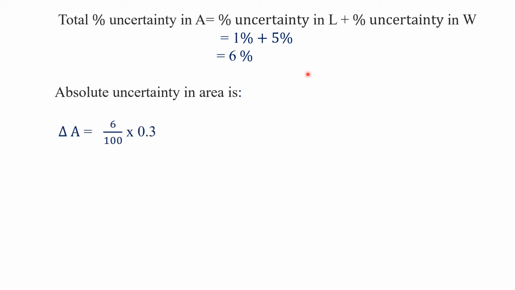Delta A is equal to total percentage uncertainty in area divided by 100 multiplied by measured value in area. Putting values, we get delta A is equal to 6 divided by 100 multiplied by 0.3. By solving, we get delta A is equal to plus minus 0.018 meter square. Here least number of significant figures is 1, so our answer should be up to one significant figure. So by rounding off, we get delta A is equal to plus minus 0.02 meter square, and we can write